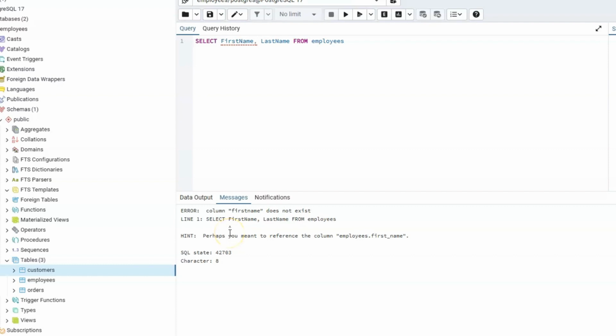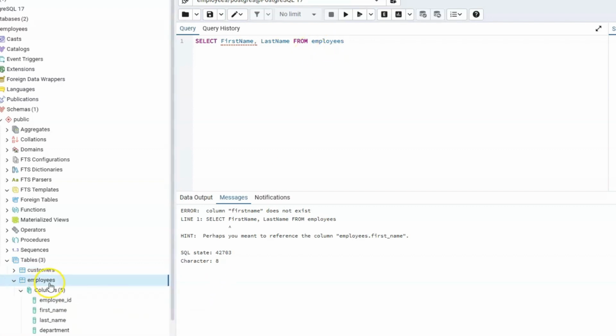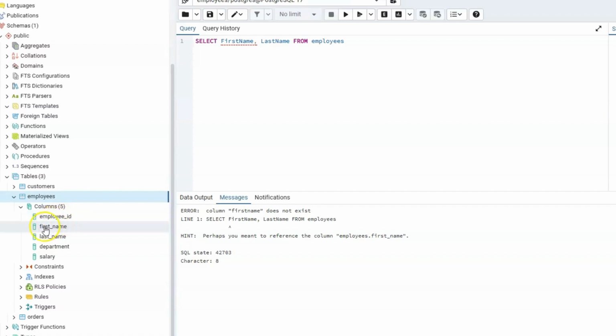I'm getting an error. So this was on purpose. So why is it an error? Well, I need to find out what exactly the spelling of those columns is. If I go here to the employees table and expand it, it shows first underscore name, last underscore name. It needs to be exactly as is. So I will rewrite this to first underscore name